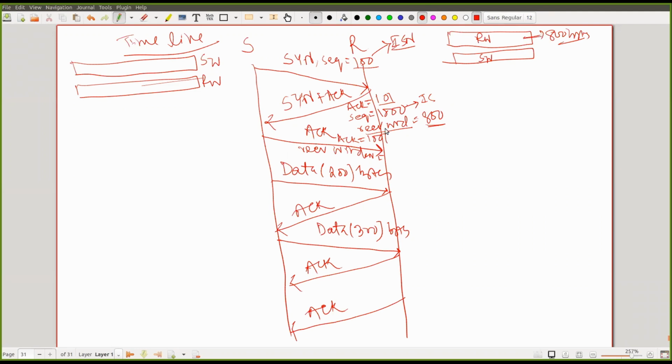That is being advertised in the ACK of the second packet. So based on this, the sender is going to adjust its send window. That means now the send window size at the sender is 800. Try to understand, a very, very important concept. Now